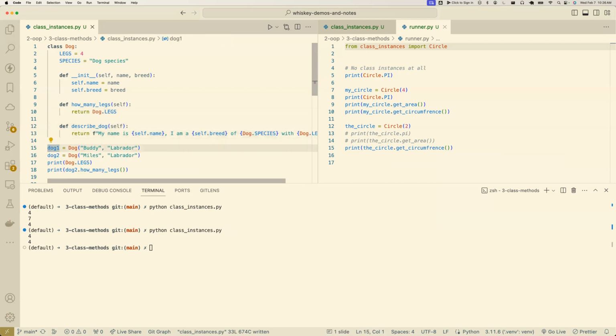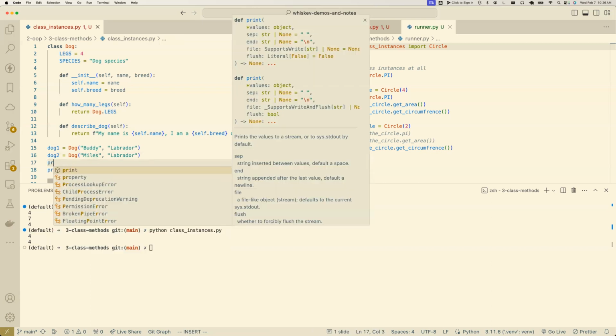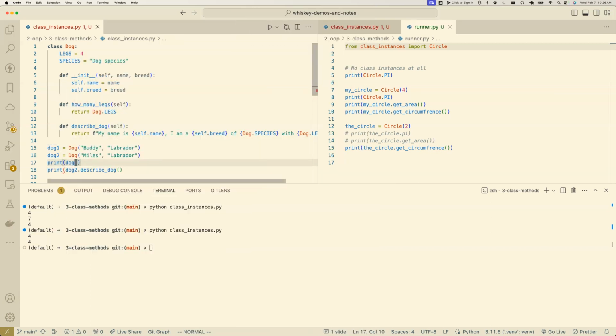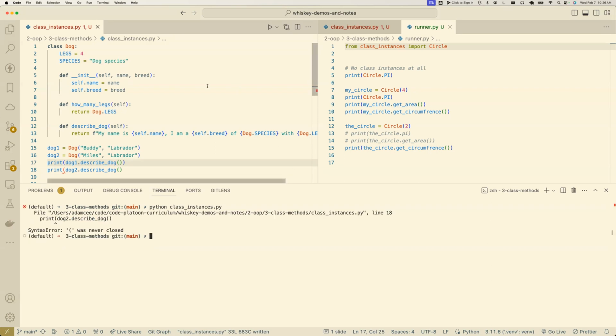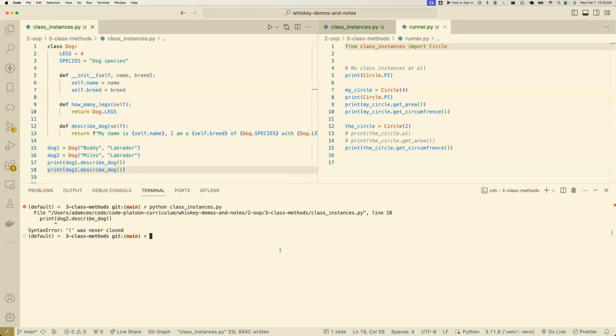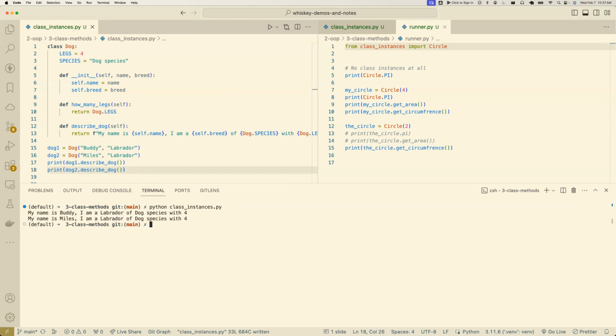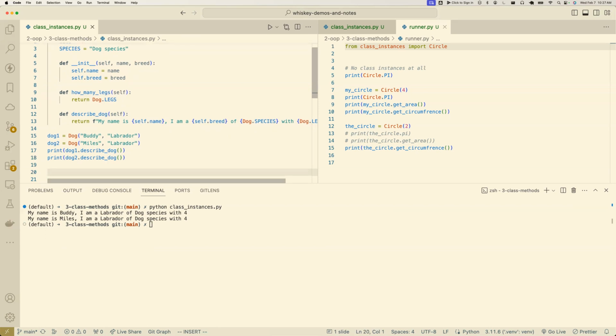And indeed, we actually can do that. So let's go ahead and describe our dogs. And it looks like I'm just missing a closing parenthesis on my print statement. So we've got two dogs. They both happen to be Labradors. Great question. What happens if I do